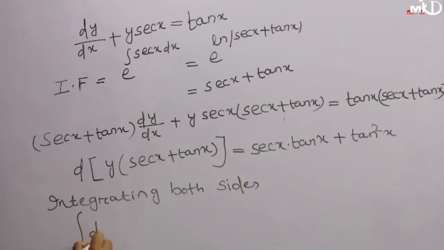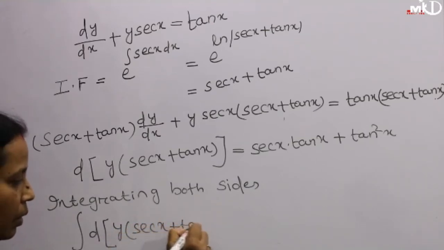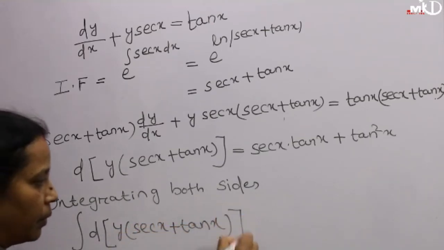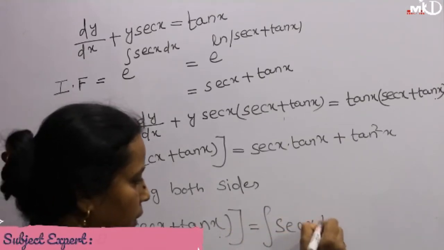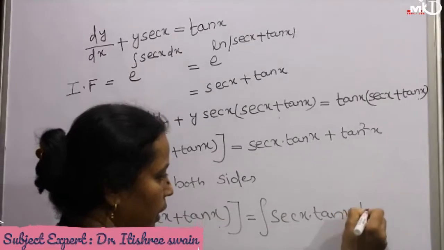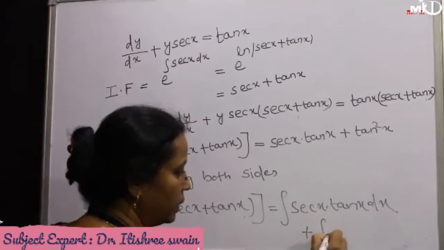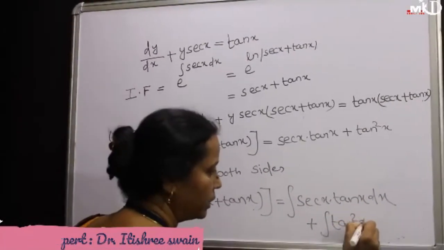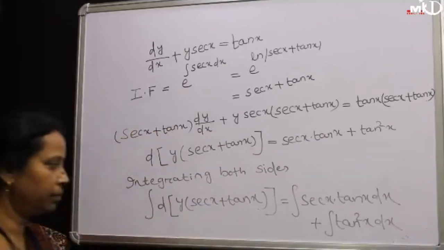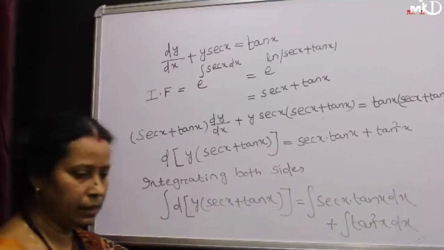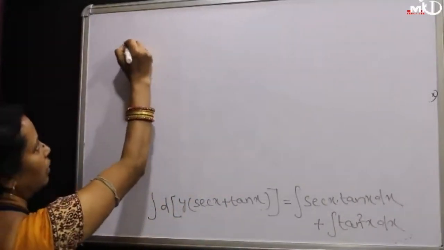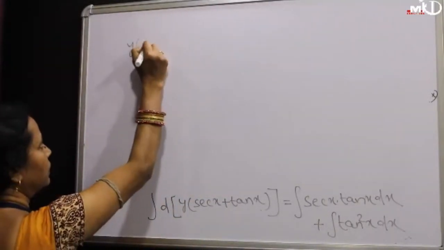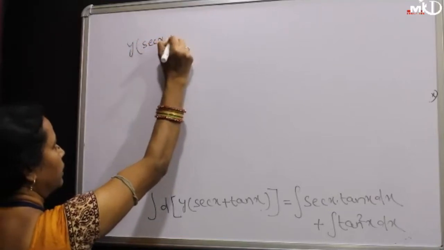The integration of the differentiation of y into sec x plus tan x is equal to the integration of sec x tan x dx plus the integration of tan square x dx. Now whenever we find the integration, the left side becomes y into sec x plus tan x